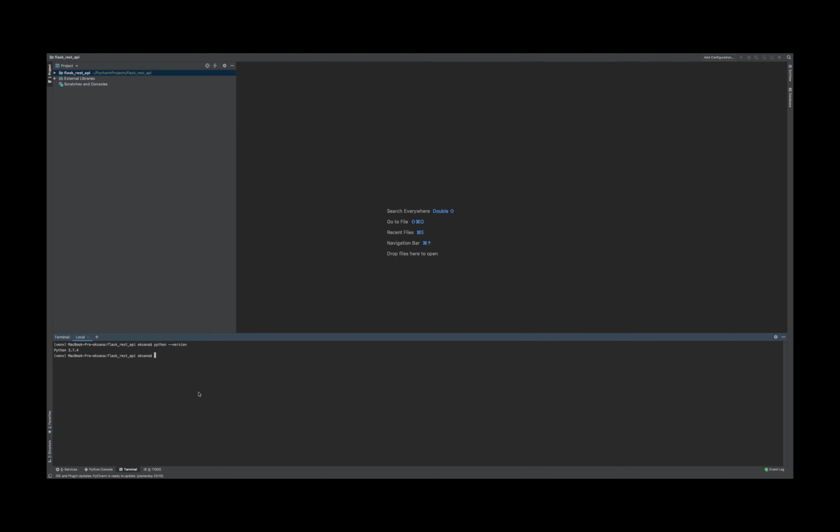Python comes with a package manager called pip. If you work with Python 3, you should use pip3. Now let's install the libraries that we need. Install flask-sqlalchemy, flask-marshmallow,